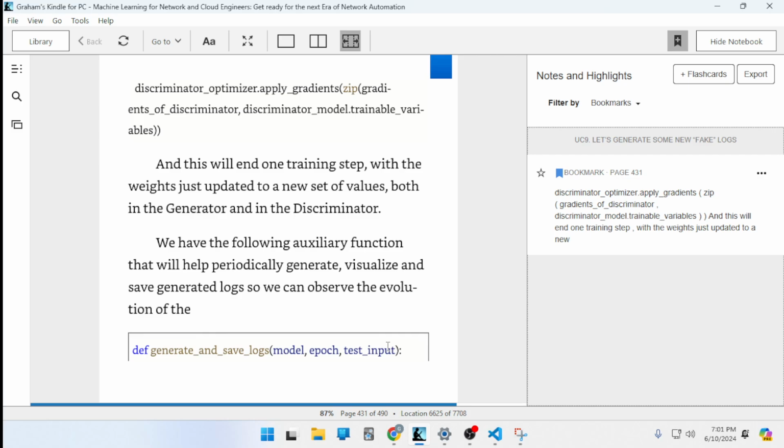All right, moving on. And this will end one-step training with the weights just updated to a new set of values, both in the generator and in the discriminator. We have the following auxiliary function that will help periodically generate, visualize, and save generated logs so we can observe the evolution of the...